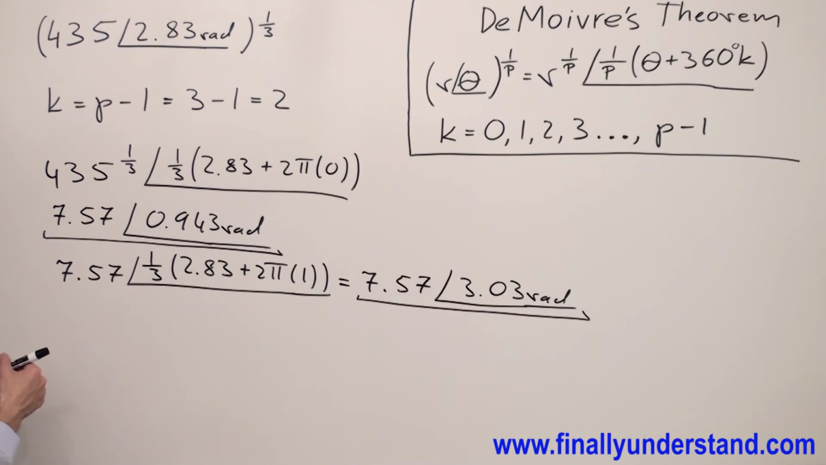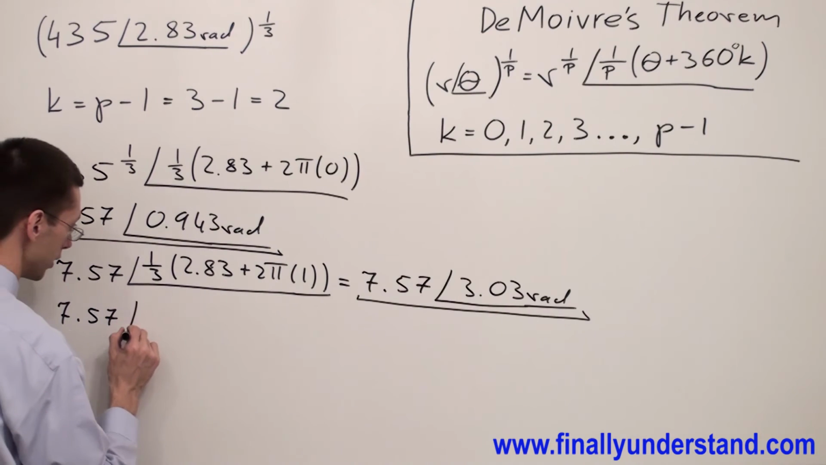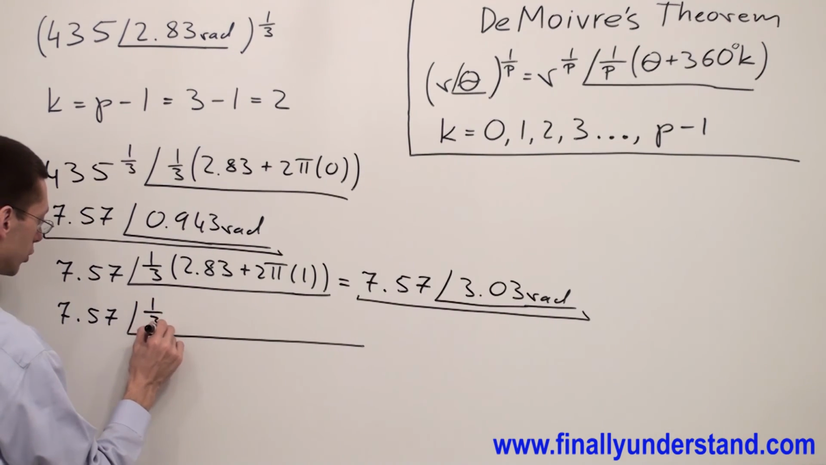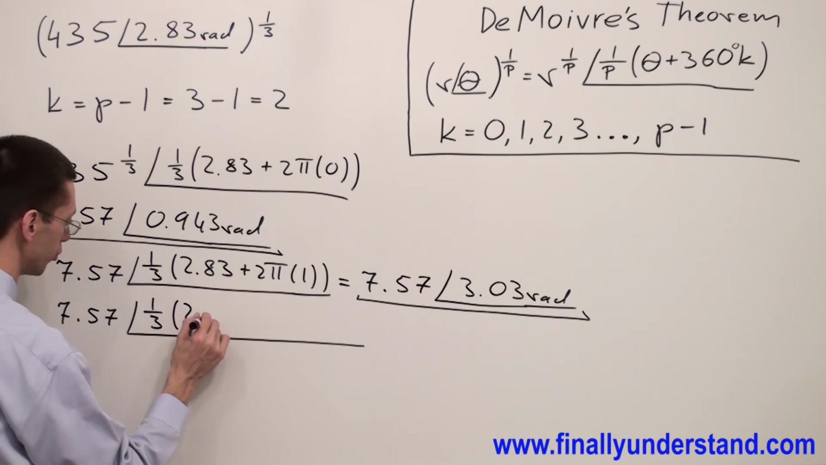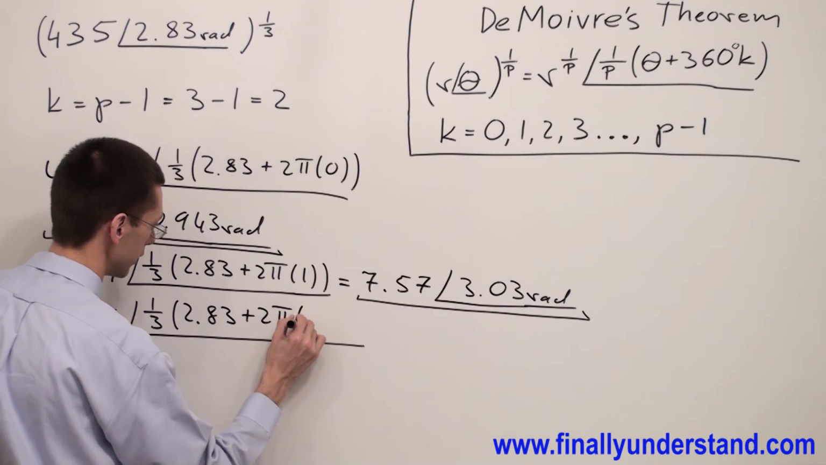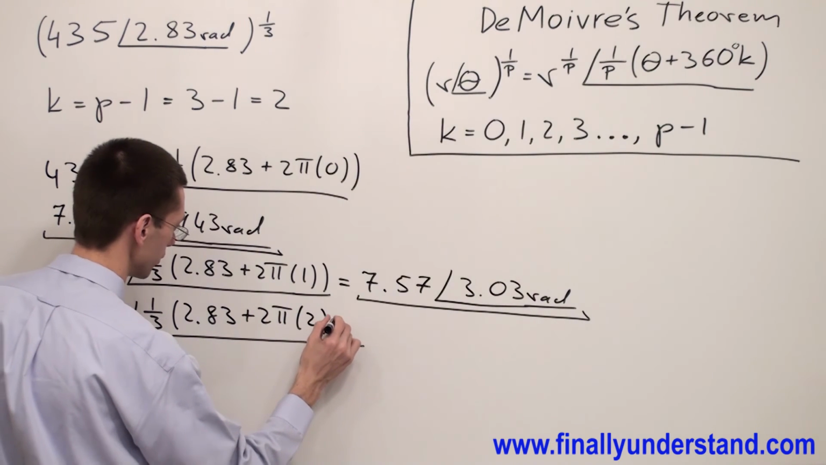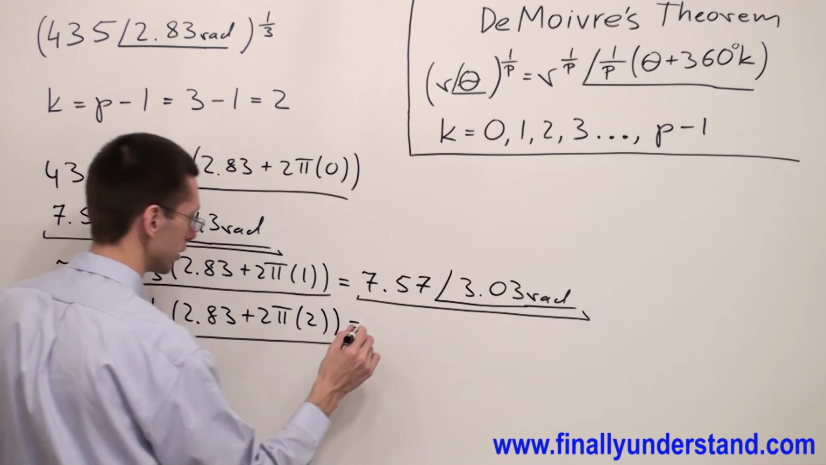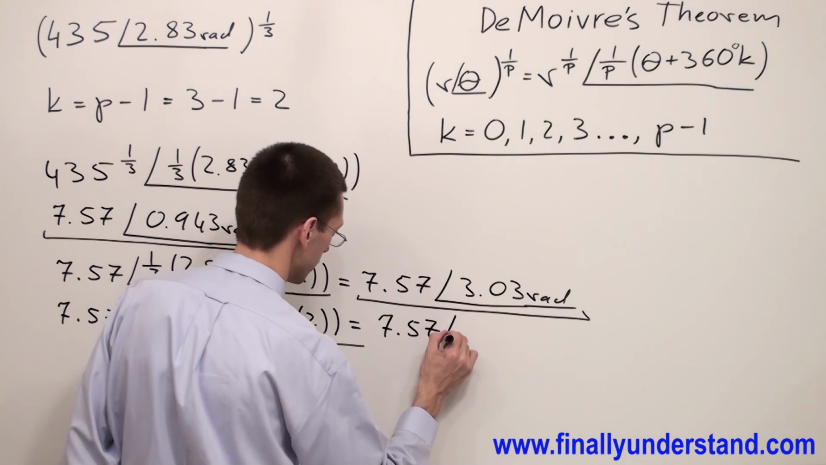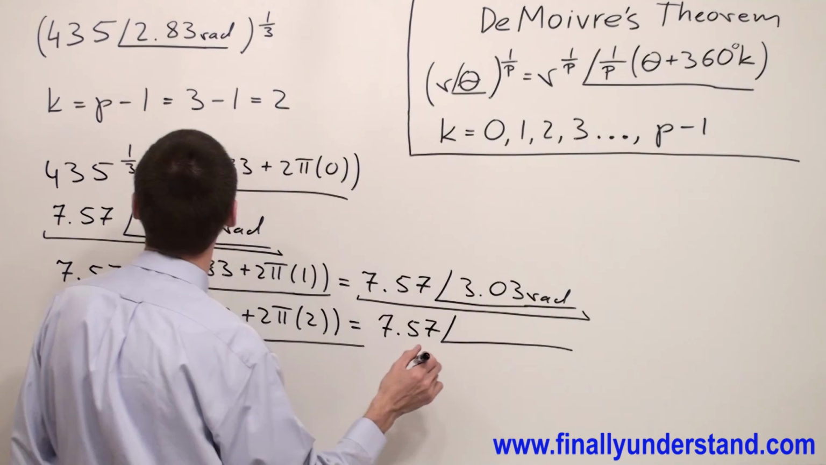If you want to find the third one, I have 7.57. The magnitude is always the same, and simply write angle 1/3 open parenthesis 2.83 plus 2 pi times 2. This is equal to 7.57 and angle of